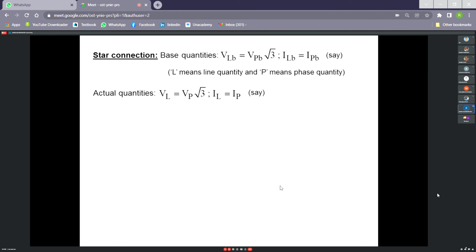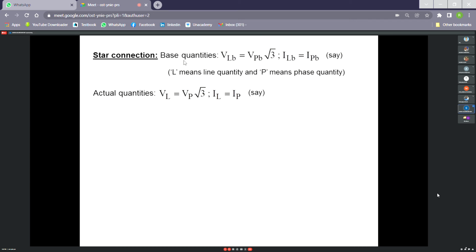So KVL should be valid, and power calculation should be VI conjugate. Now say there is a three phase system. If we start with this concept, we decide that we shall represent per unit by V by VB, S by SB, in that way. Now let us cross check whether it is applicable to the three-phase system or whether there is any contradiction.